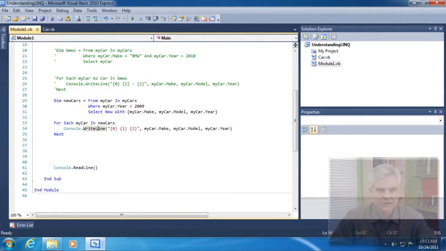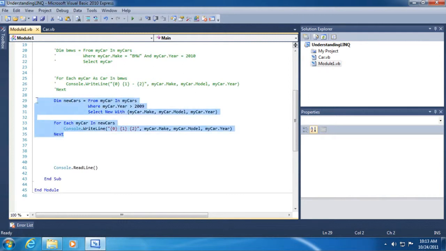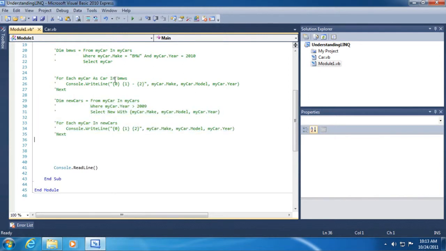Okay, so let's move on from there. Let's get rid of this example. In the SQL example that we used earlier, I demonstrated how we were able to order using the order by clause. Well, we can do something similar using the LINQ to Objects syntax. So dim